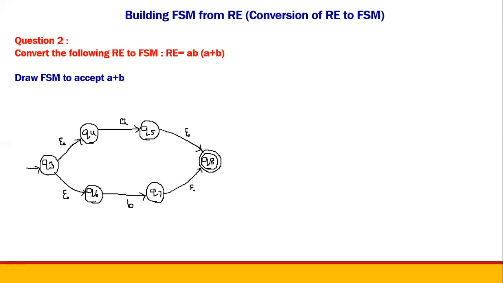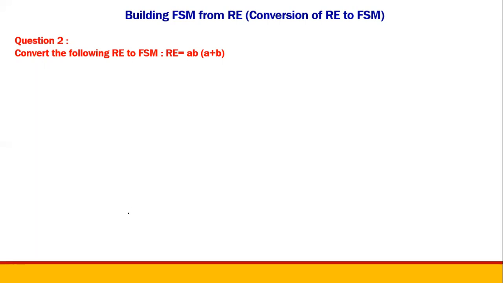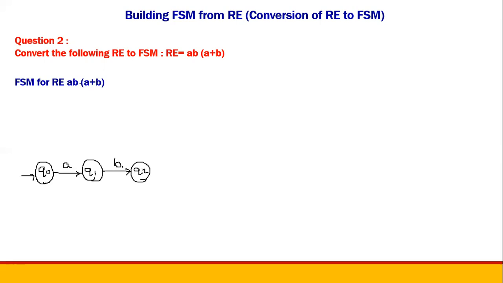So this is the theorem we saw in the previous video. We know how to draw A plus B. So what is the next thing you have to do? You have to combine AB followed by A plus B, which is AB dot A plus B. So you can combine them together. Let us write Q0 first and then Q1. I will write A, Q2, which is B, and then I should follow this by A plus B.